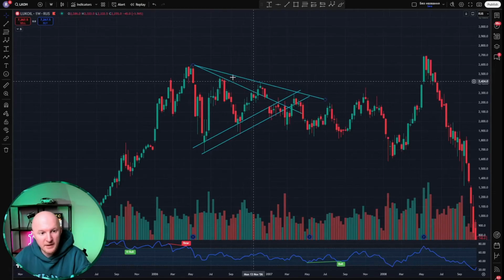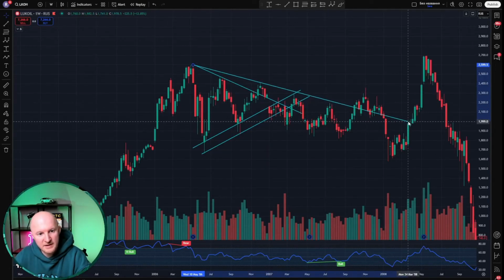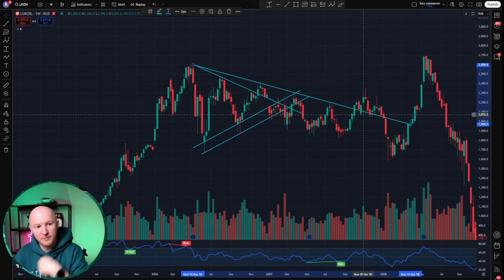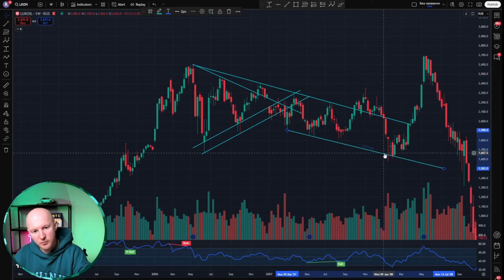I've turned off the rewind, and now we can see, here it is, our level, you see? Even if we extend it further, it will act as resistance here once again, then it will be broken, and after that, it will start acting as support. And obviously, we can also draw another support line here, which, as you can see, will later on also support